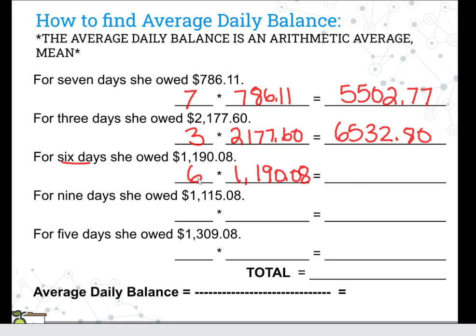Okay. So the total for these days would be $7,140.48. So again, we're multiplying it. We're going to take this next one, 9 times $1,115.08. So it looks like another payment or some credit was made because our amount decreased. And so this is a total of